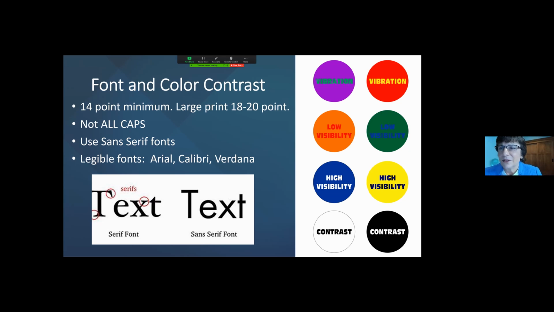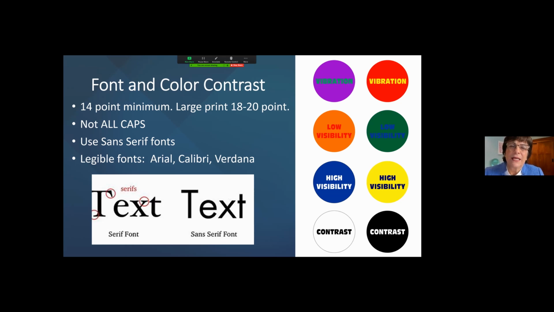Now, the point about what is large text? If you've gone to the library, there are books with large print. Usually they're 18 to 20 points. So if somebody in your audience says, would you ask the speaker if they've got a handout to put it in large print? That's very simple for you to go to Word and set that up from the beginning so that the large print is automatic on your document. You can also convert it. The minimum size is a 14 point, but if they want large print, go bigger.